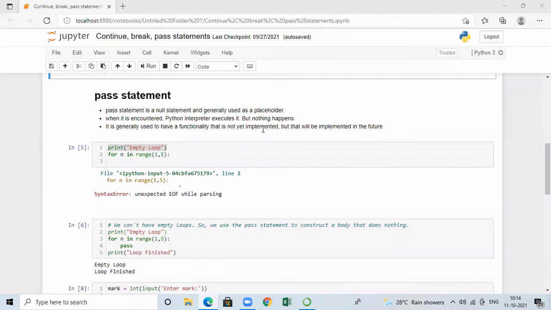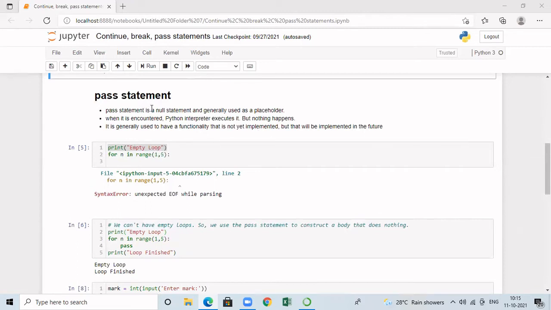And why do we need this placeholder? Because whenever we write our program, when we start writing the code, at that time, we may not know the entire functionality of a particular code. Suppose I don't know what to write for a particular block, but I know that this will be implemented definitely in the nearby future. I will have the block, but the body of the block is not implemented fully. In that case, when I run, definitely I'll get the error, but I don't want to get the error. In that case, I can use the pass statement.